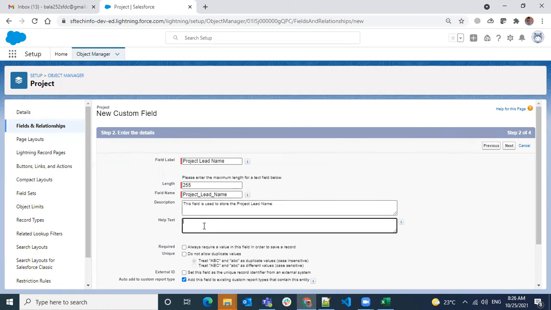Help text is from the end user perspective. When end users see that field, they don't know what this project lead name is or what they need to enter here. So you are going to help the end user understand what the project lead is. Here I'm just giving some random text. Enter